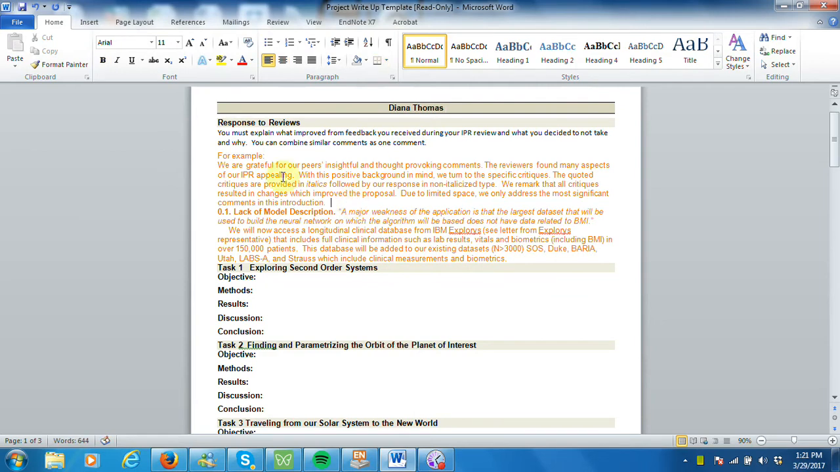And then here in this section, you have to respond to the critiques that you received during your IPR. So in the beginning, when you respond to a critique, you should always thank your critiquer. You always start off with how grateful you are for the time and energy someone spent to look over your work. And then you follow that up with